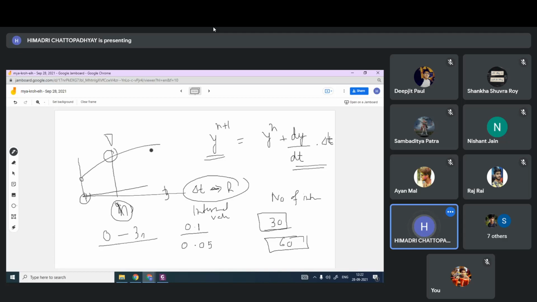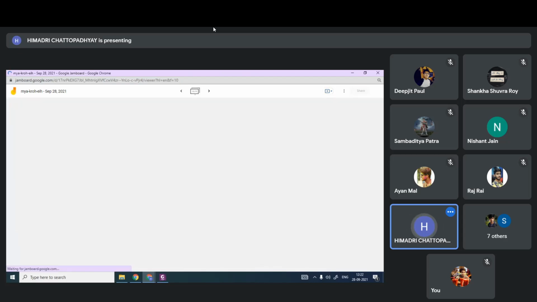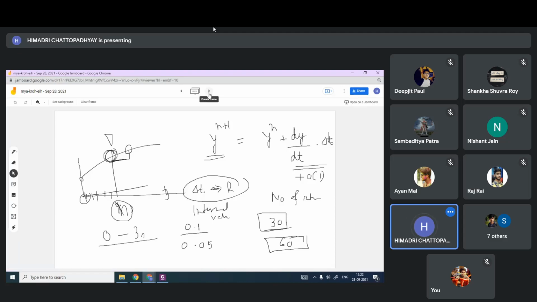If you do it in 0.1 second, for 1 second 10 points will be there, for 3 seconds there will be 30 points, and like that. So any new value is the old, previous value plus the slope multiplied by the gap. So this is first order error, accuracy. You can say the error is of the first order, or you can also say this is first order accurate. So this is called Euler's method,